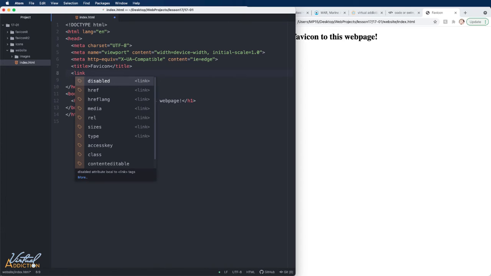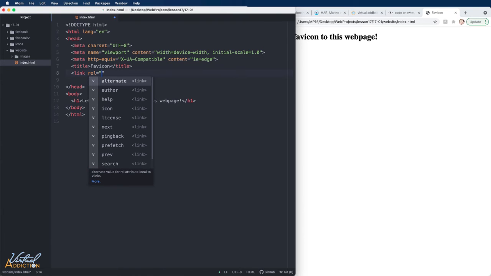We are familiar with the link element from linking external style sheets. This follows the same format, but we use a couple of different attributes and values. It's important that you always put the link element in the head section of your page. Generally, I place the favicon link prior to any other link elements that I might have, but the order doesn't really matter.